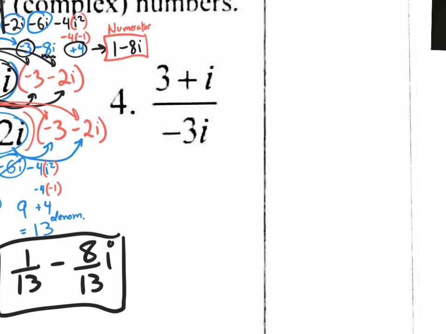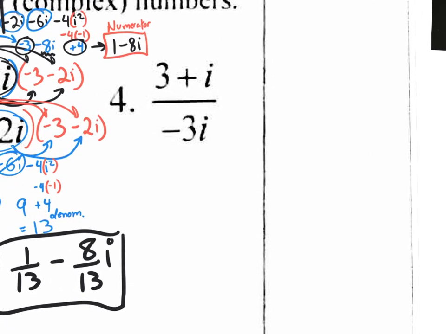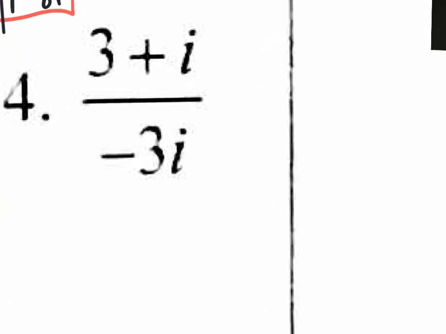Now, number 4 is a little bit different. It's a little bit easier. Why is number 4 easier? Because you do not have a binomial down here. It's a single term, negative 3i. And you could just multiply by i to get rid of the i. Watch this. If I multiply top and bottom by i,